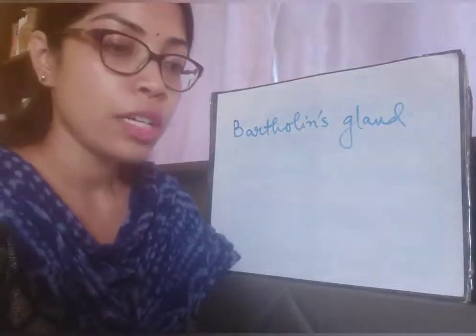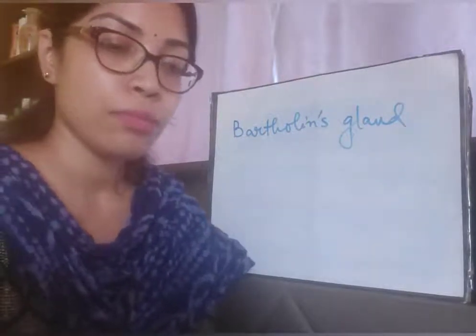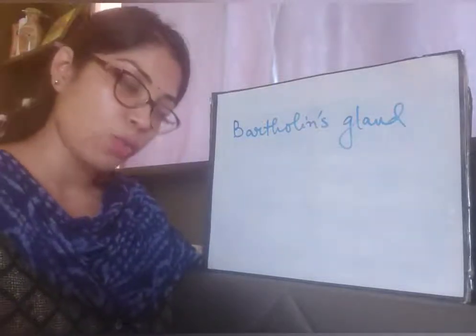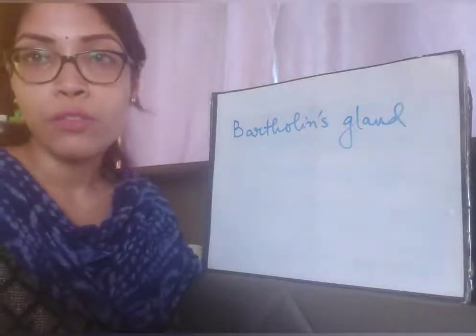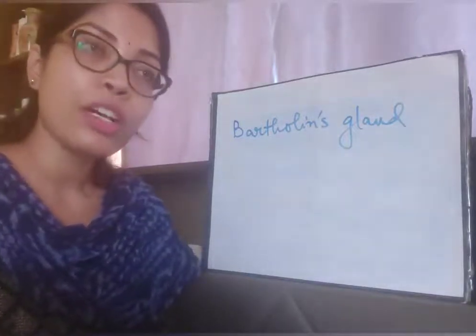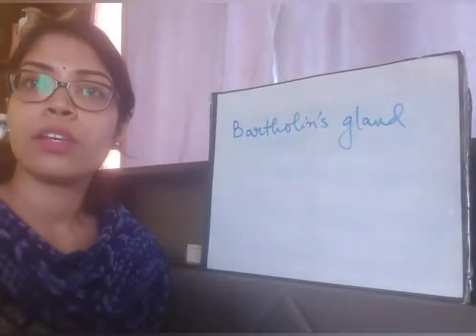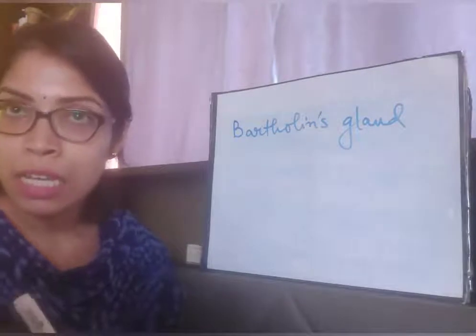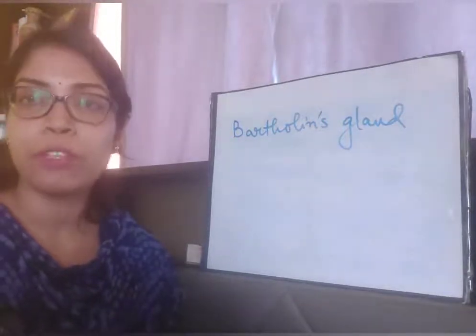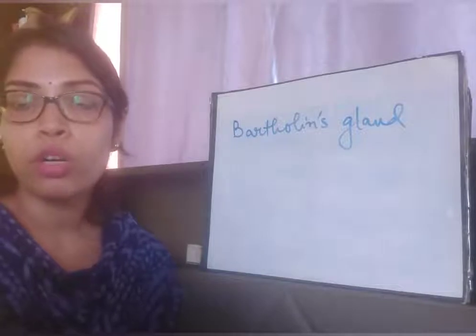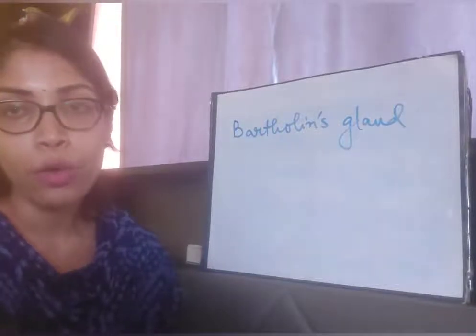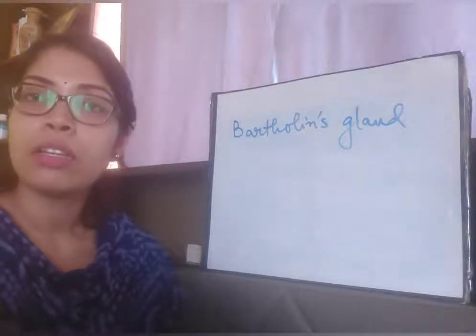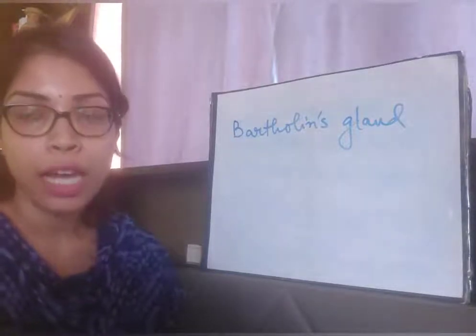So the detailed topics about the female reproductive system are over, and now we will talk about the functions of the female reproductive system. So what are the functions? Similar to the male reproductive system, the two functions are the same in females, that is oogenesis, or production of egg or ovum, and the other main function is the production of the two female sex hormones, which are estrogen and progesterone.